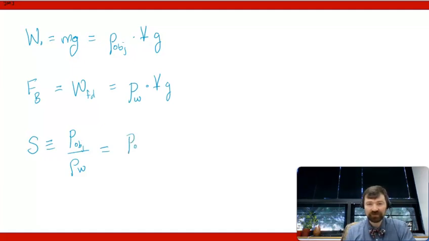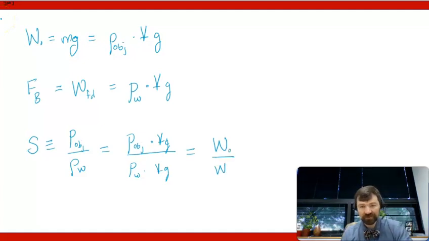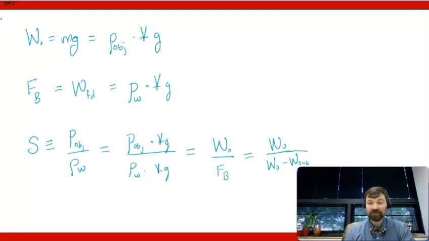So we have density of the object times volume times free fall acceleration, and now we have water times volume times free fall acceleration. But that's just the weight of the object in the air divided by the buoyant force. And that is in turn the weight of the object while it's suspended in air or vacuum, divided by the difference between the weight in the air or vacuum and the weight while it is submerged